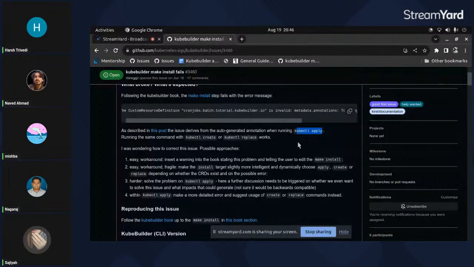But when we run kubectl create or kubectl replace, it works. So why is it not working with kubectl apply and why is it working with kubectl create? Let me explain that. I've done some research about it and I sent you the issue link as well. So here kubectl apply is failing and kubectl create or replace work. Why? Because kubectl apply and kubectl create do the same task, just that it applies and creates at the same time, but kubectl apply first applies the API and